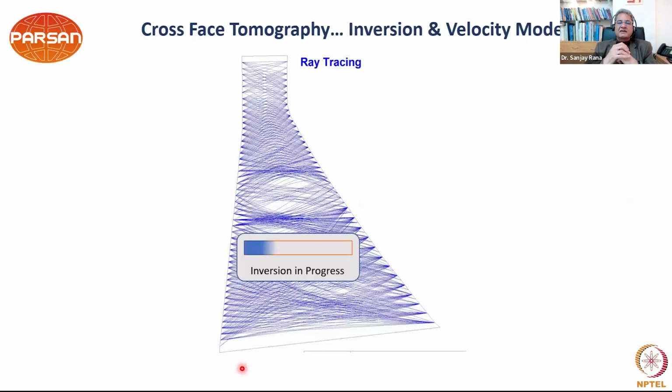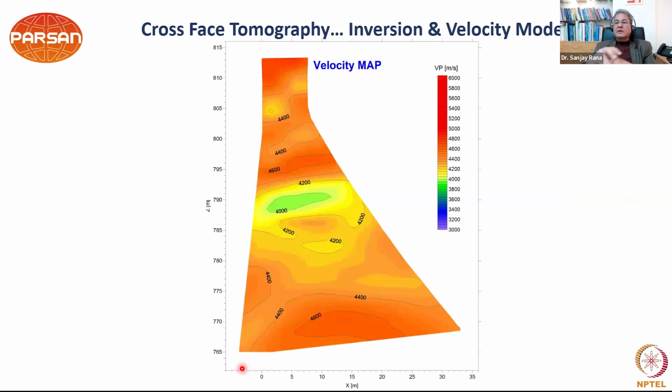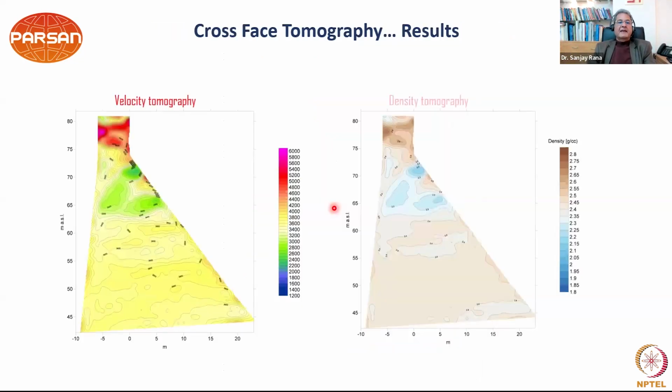And once again you process this data, what you get is the extent of your weak zone right from upstream to downstream. So in L section, you had seen the extent of the zone in this direction, that is along the axis of the dam. And now in cross section, you have seen the extent of this zone across the axis of the dam. So you practically have a three-dimensional view of your dam body. So this is the strength of combining L section and cross section tomography.